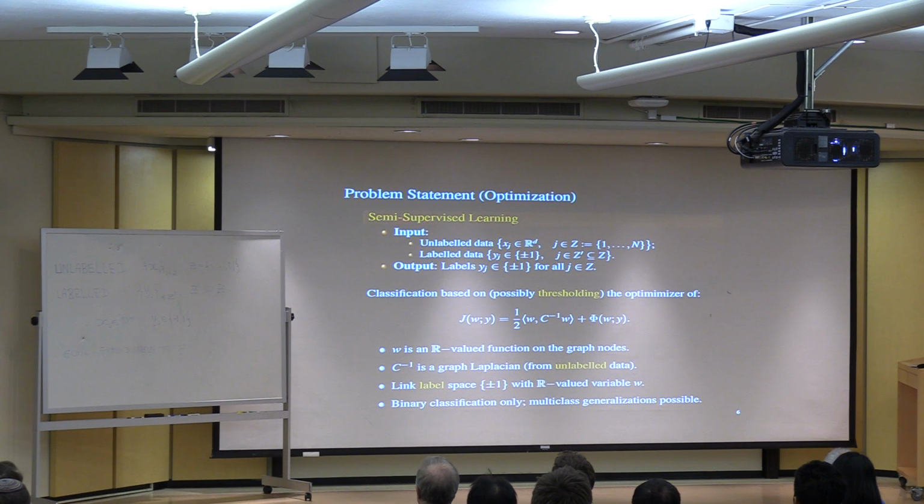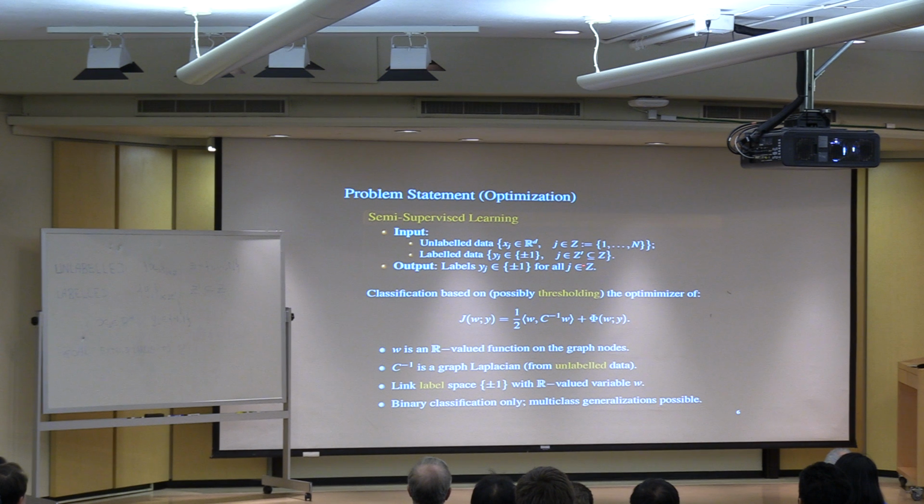This is a problem in what's known as semi-supervised learning, where the objective is to use what's traditionally called unlabeled data and combine it with labeled data to label the whole data set. Let me explain that a little bit more carefully. The unlabeled data is N, capital N, vectors in R^d. I'll call these x_j, characterized by indices j from the set Z, which is just the integers from 1 up to N. Later we'll make a graph whose vertices are these points from 1 up to N.